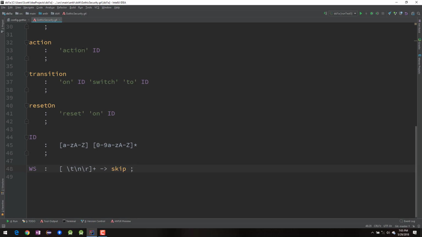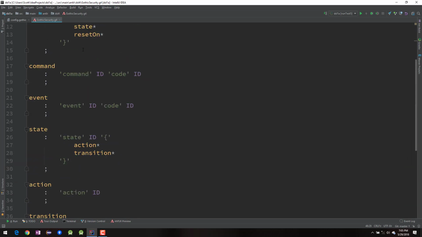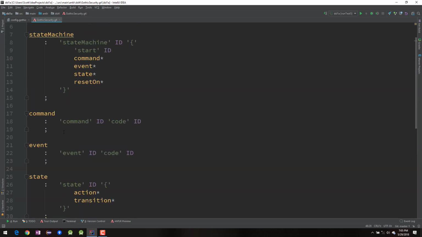Once I have those words, I want to group them together so I can gather meaning from them. That's what these parser rules do. So this says if I see the word command followed by an ID, followed by the word code, followed by another ID, I'm going to understand that as a command. Make sense? Now what ANTLR does, this is version 4 of ANTLR, is it generates a parse tree, which is